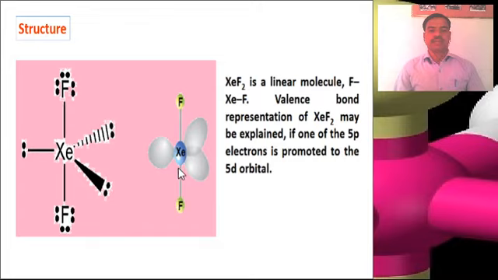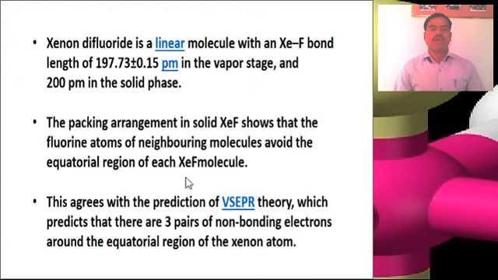These are the pictures of the structure of the XeF2 molecule. Xenon difluoride is a linear molecule with a xenon-fluorine bond length of 197.73 picometer in the vapor phase and 200 picometer in the solid phase. The packing arrangement in the solid